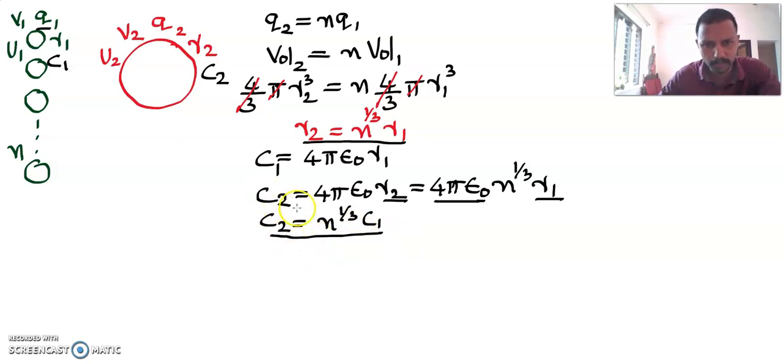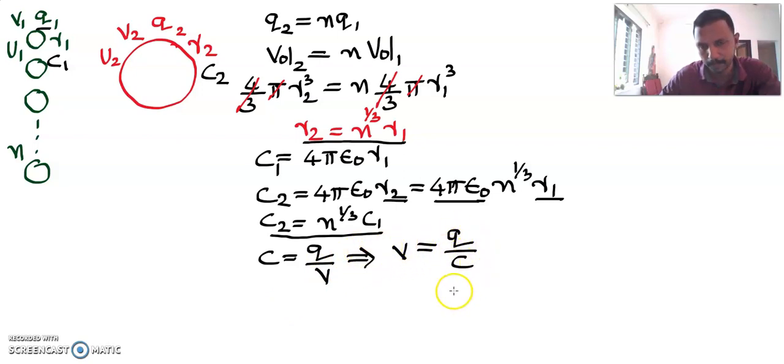We have spoken about the charge and capacitance. Next we are going to speak about potential. What's the basic definition of capacitance? C is equal to Q by V is the basic definition of capacitance. That means we could write V is equal to Q by C. Instead of V, if I put V1, what's V1? V1 is the potential of the smaller drop. If we take V1, it should be Q1 by C1. Clear? Potential of the smaller drop should be Q1 by C1.